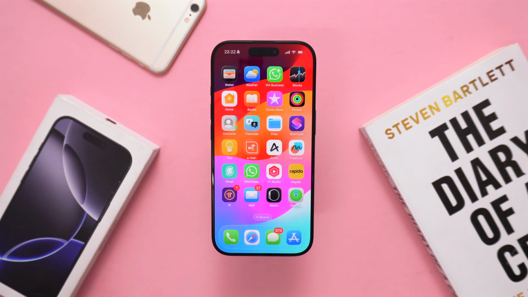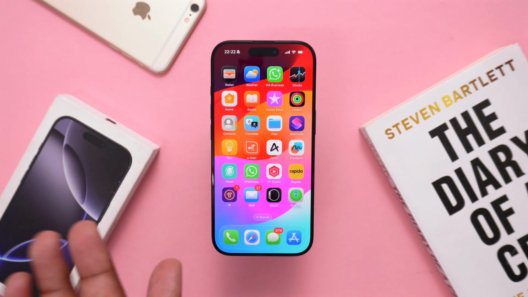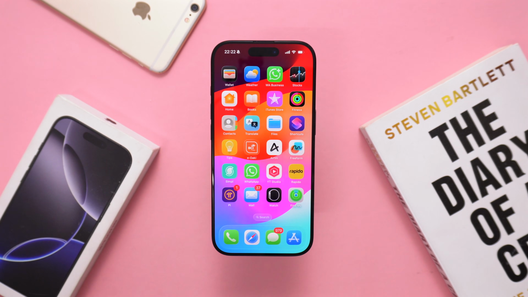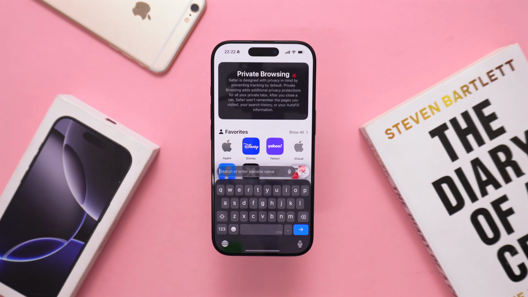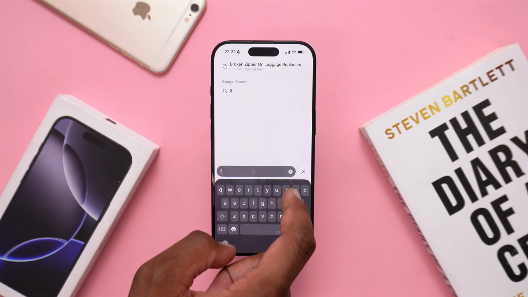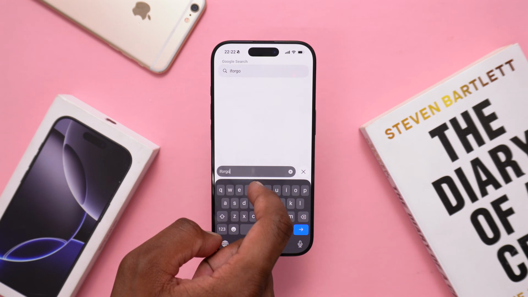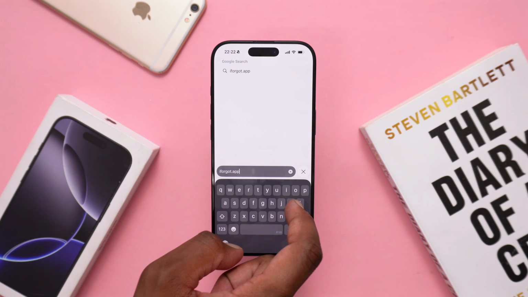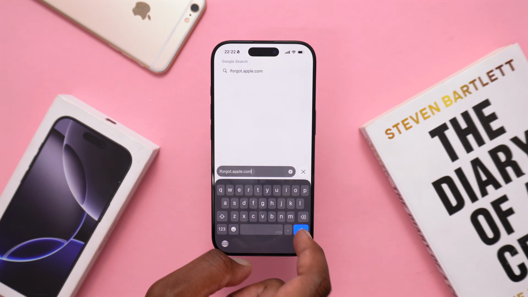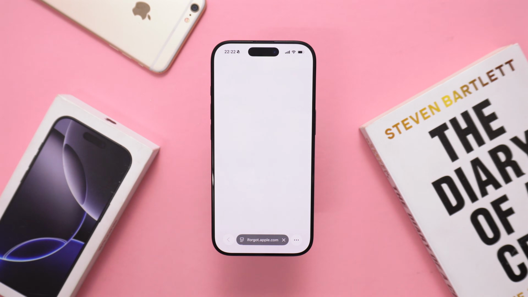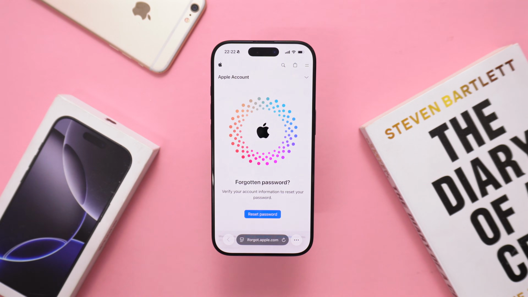Now, you may be in a situation where you're unable to find anything that you've signed in with your iCloud account. If you're unable to do so, you need to reset your iCloud password, and that you can only do by hopping into your internet browser and going straight into this website, which is iforgot, okay, that's how you type it, .apple.com, and then tap on OK, and you'll be brought straight into this website here which says,